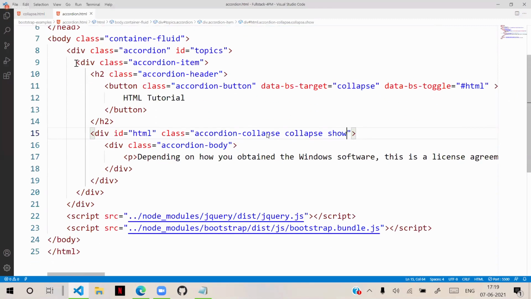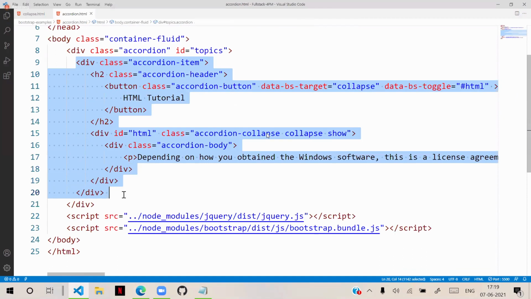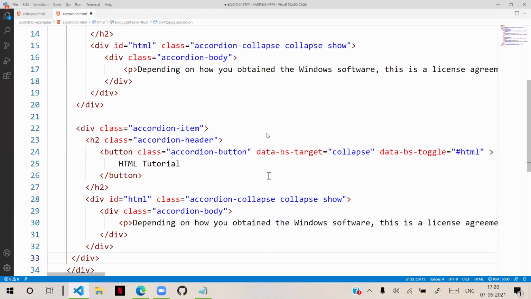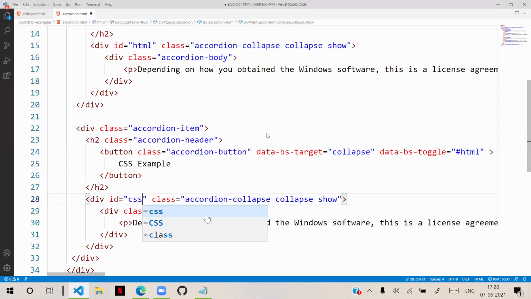This is div. I will copy this up to here. This is accordion item, and I will copy another accordion item here. This item has a different topic, suppose CSS examples, and the ID as CSS and hash CSS like this.